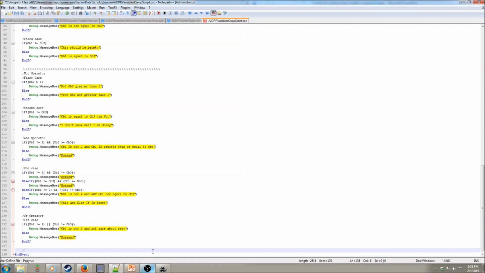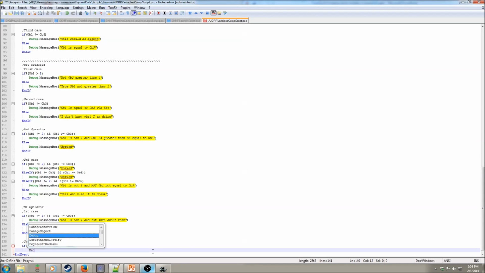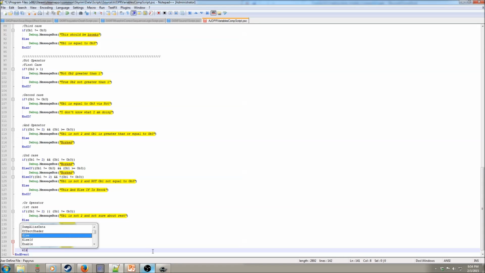Okay. Let's do a second case. In this case, let's have it have some not working values. So if that's equal to 2, or if ob1 is not equal to ob3, well, if we ever get this message, then we know something screwed up. Else if ob1 is equal to 2, or